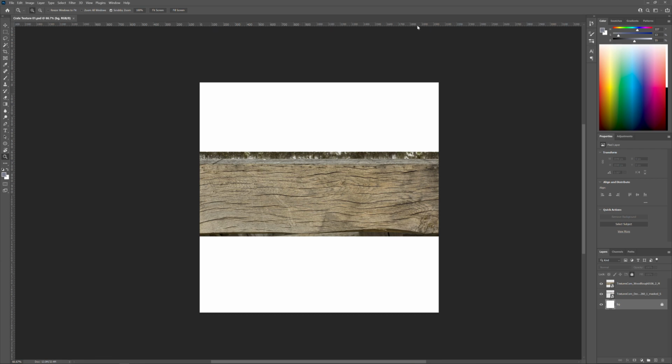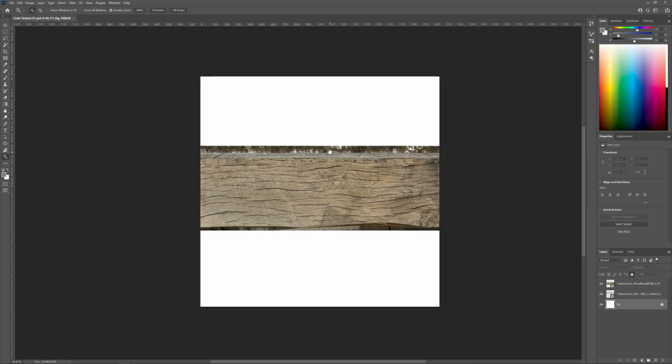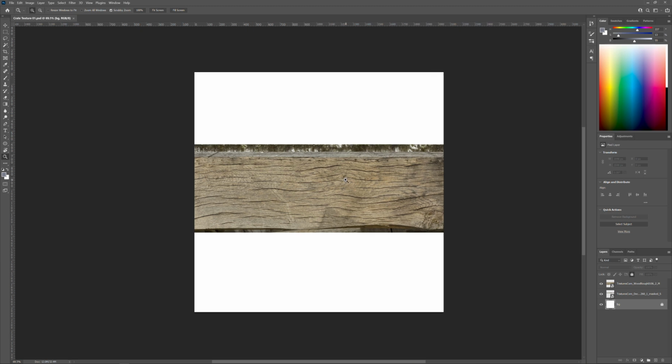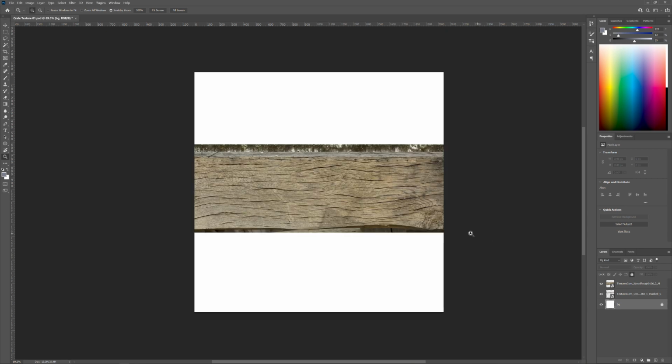You can see up here I've hit Control R to open up my rulers. So if you don't know how to use Photoshop, this is for a Photoshop class. I came over here and I dragged in these 2 textures. I got these for free at textures.com. You can sign up with an email, and then you get 15 credits